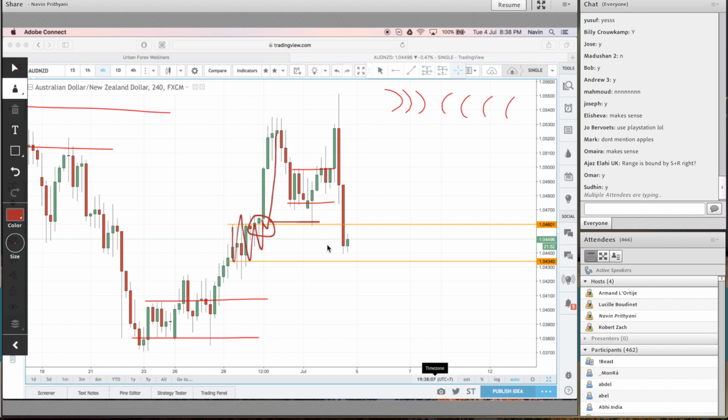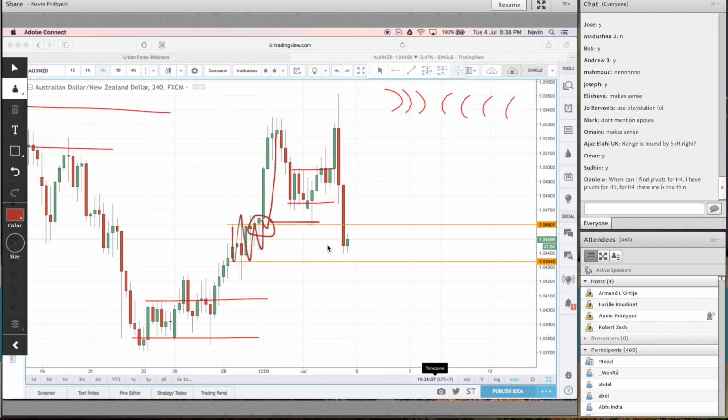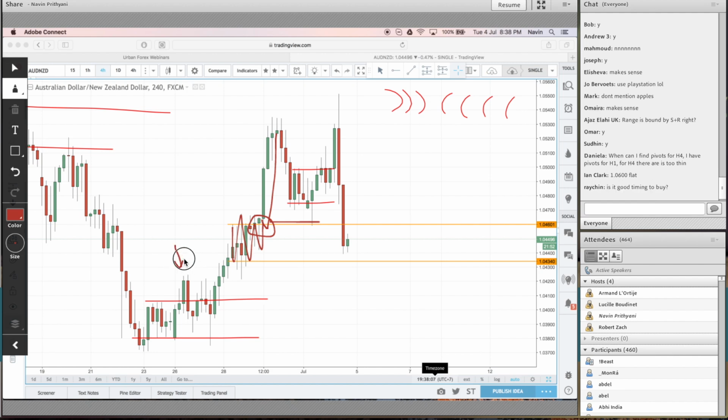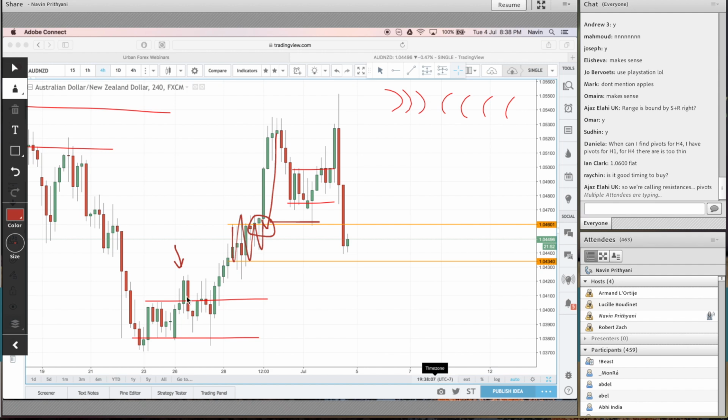Yeah. So a range is basically your support on the bottom and your resistance on top. But be sure to cut out any stuff like this. This is no higher high. So is this. This is no higher high. It's just a tail. Even this is a tail. It's just really quick up, really quick down.